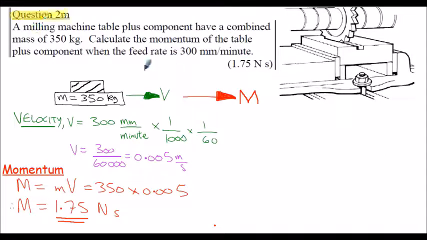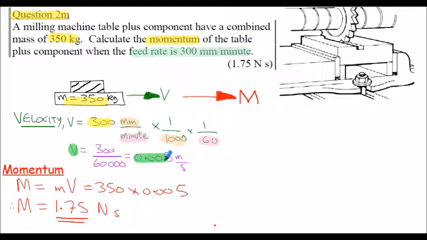Question 2M. We have to calculate the momentum for the table on the milling machine, given the mass of 350 kilograms and also the feed rate or the velocity of the table, 300 millimeters per minute. Be careful with the conversions, to convert 300 millimeters per minute into meters per second. First of all, we have to divide by 1,000 because that converts the millimeters to meters. Then we have to multiply the denominator by 60 because that converts the minutes to seconds. So evaluating, the velocity is actually